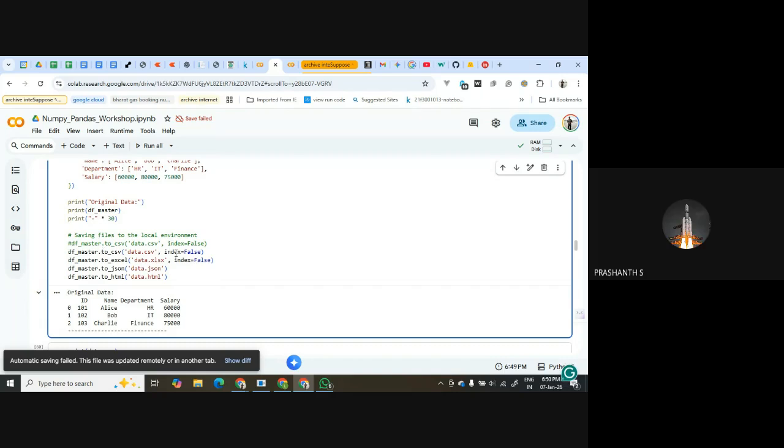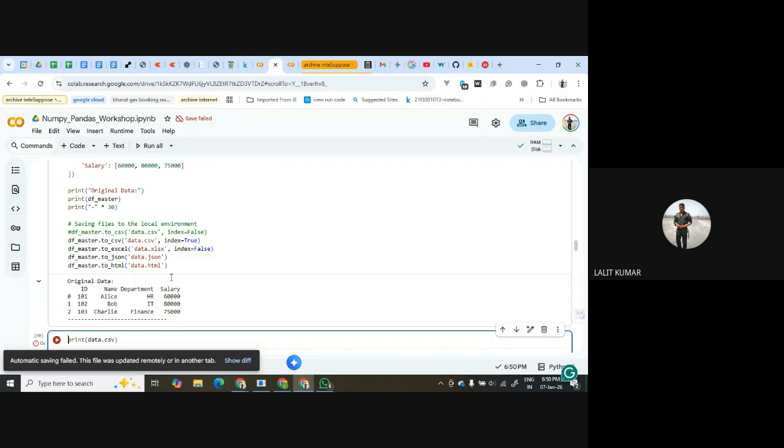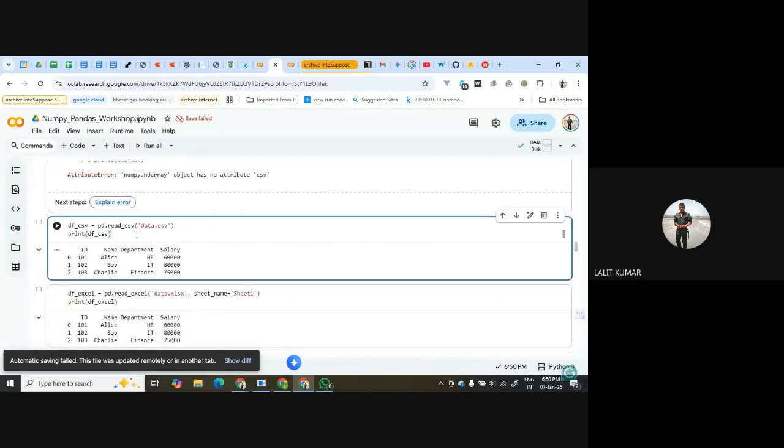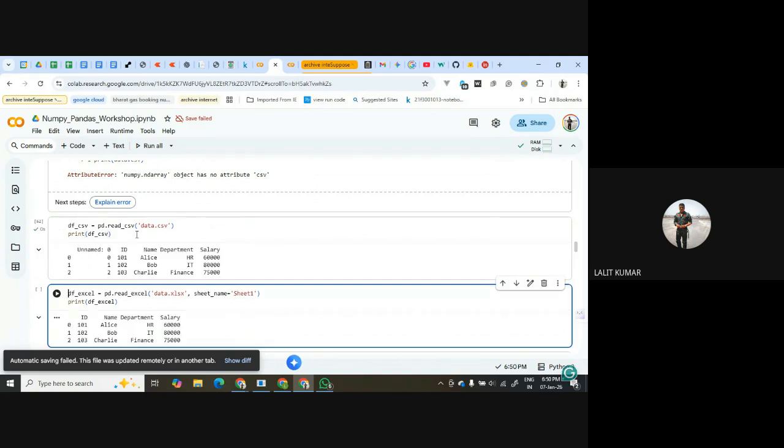Let's see. So this to_csv, to_excel is also a Pandas defined function. These are codes for saving the data. This is for saving the data. Let's see what will happen. For example, we have made index is equal to true. Okay. Now let's read this data and see how it will look. So this is how it looks. So when you are saying index is equal to true, what has become? You have got one new column where the index has come.